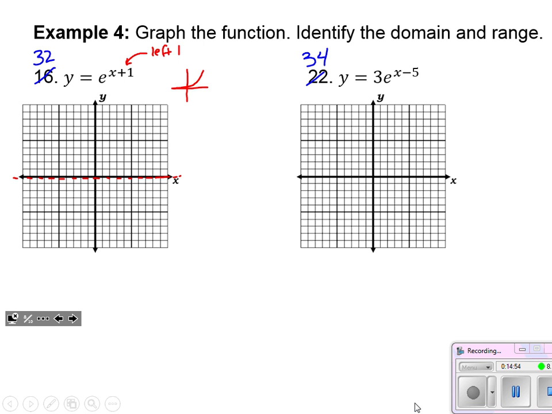So I'm just going to plot a few points from my table of values. Let's see, I've got e to the, and I'm going to make sure x plus 1 is grouped together in parentheses for the exponent. And then if I look at my table, here are the points that I get. So for my x's and y's, at -2, we got 0.37. At -1, I've got 1. At 0, I've got 2.7.